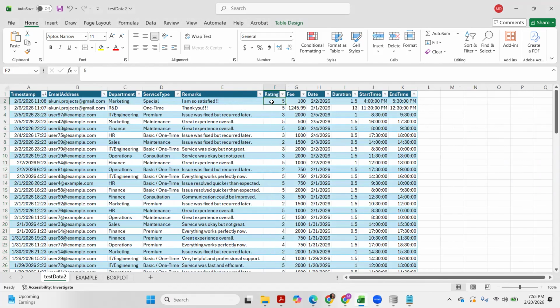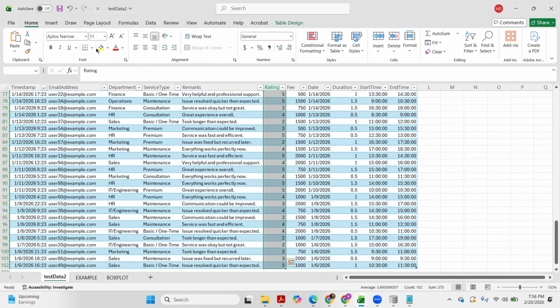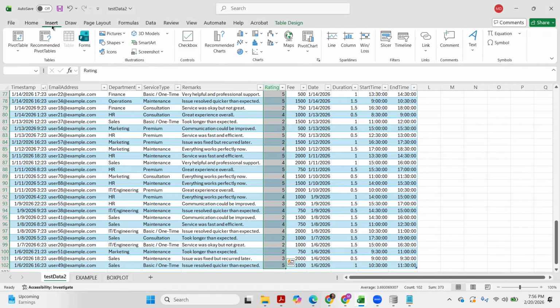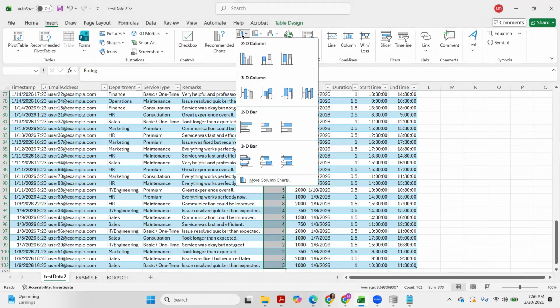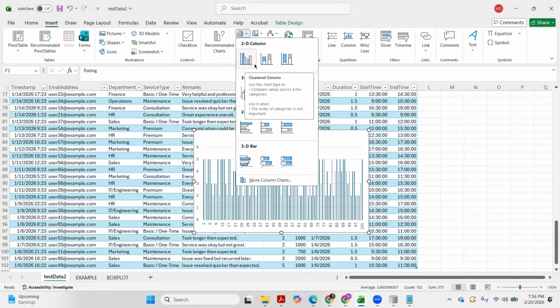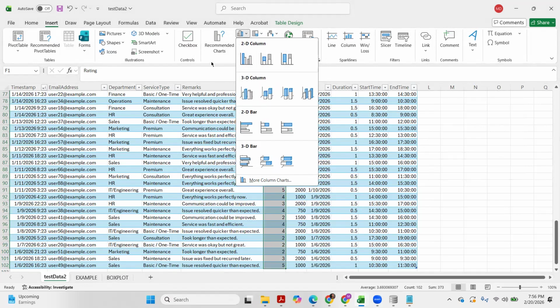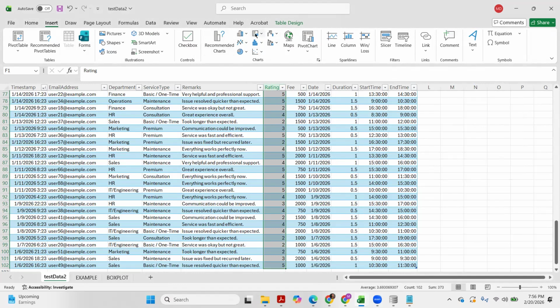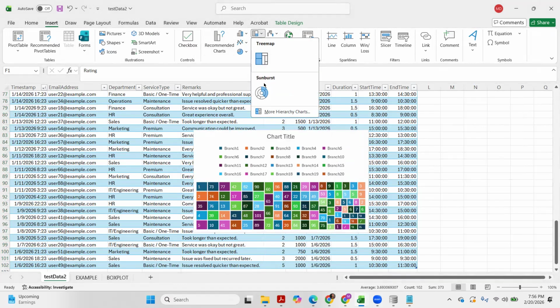First you need to highlight, starting with the header, or maybe the first value, but better include the header. Hold Control Shift and then down, and then go to the Insert tab and select the type of chart you want to generate. In this case, we want a column chart. As you can see, before you even select, Excel already gives you a glimpse of it.